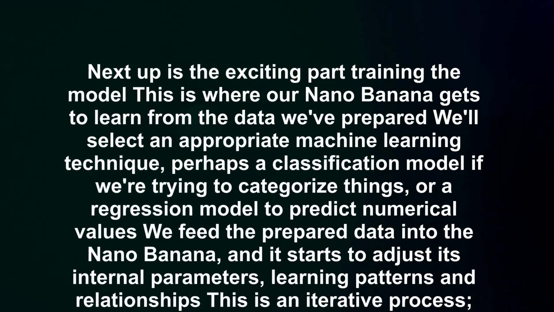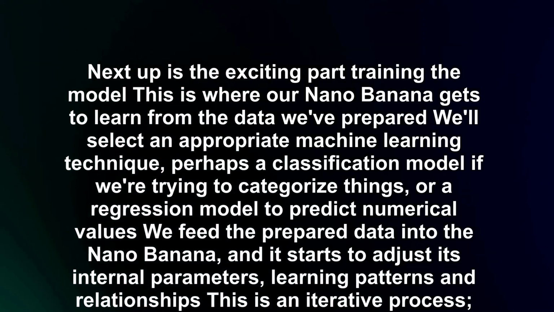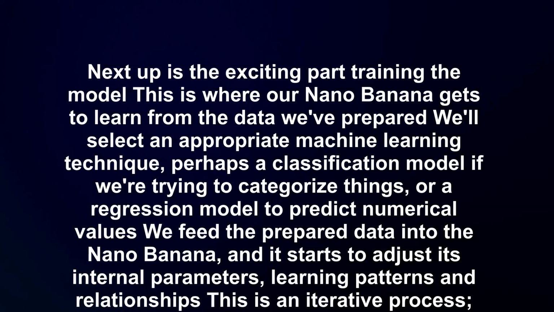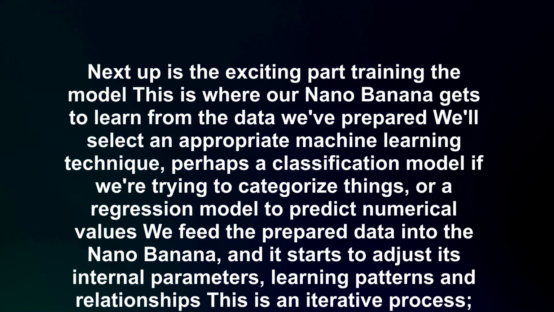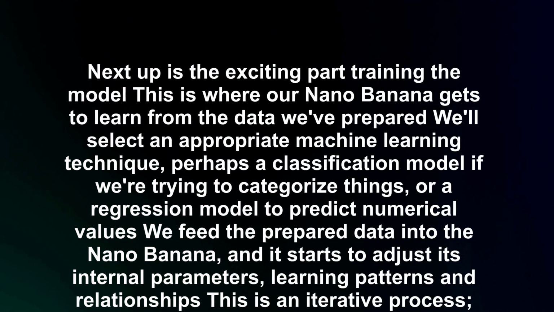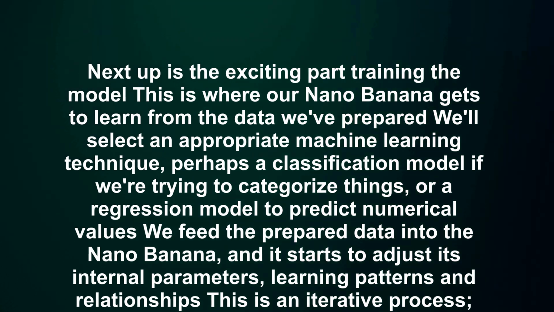Next up is the exciting part, training the model. This is where our Nano Banana gets to learn from the data we've prepared. We'll select an appropriate machine learning technique, perhaps a classification model if we're trying to categorize things, or a regression model to predict numerical values. We feed the prepared data into the Nano Banana, and it starts to adjust its internal parameters, learning patterns and